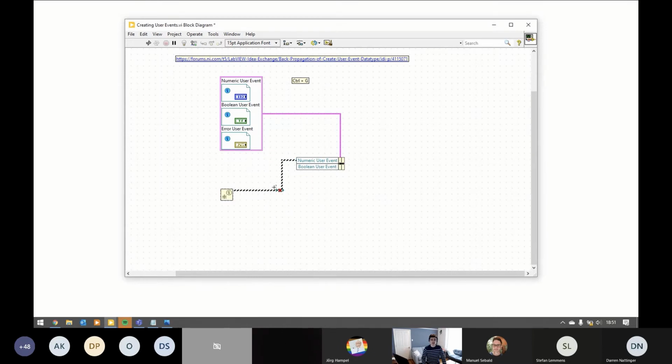You'll notice I have a broken wire, and suppose this was a custom type def. Suppose I didn't just realize it was an I32. It can take quite a long time to either go into your project, find your item, or use quick drop if you can remember the actual name of your type def. And so what I sometimes end up doing is right-clicking the terminal, create constant,